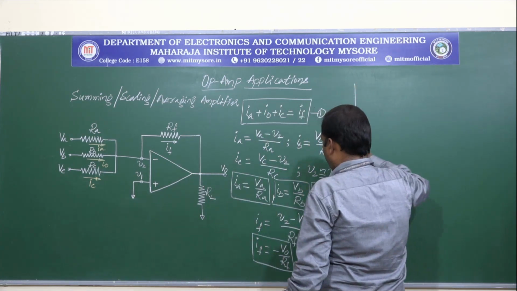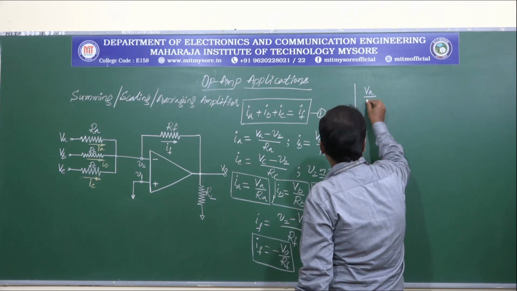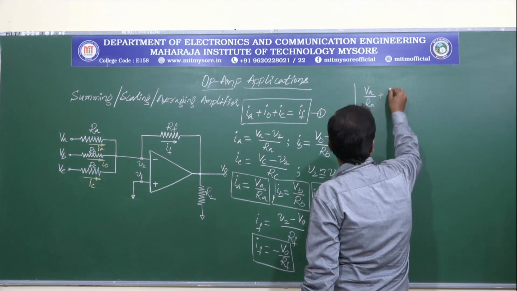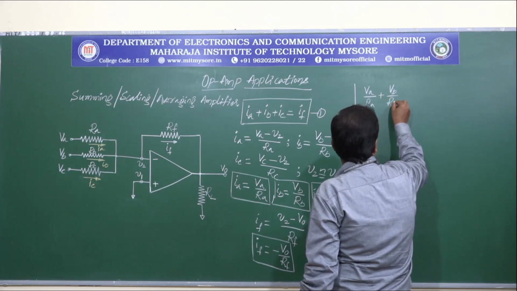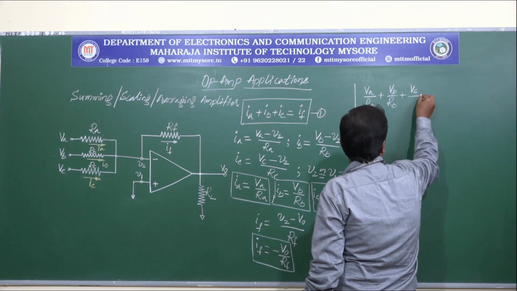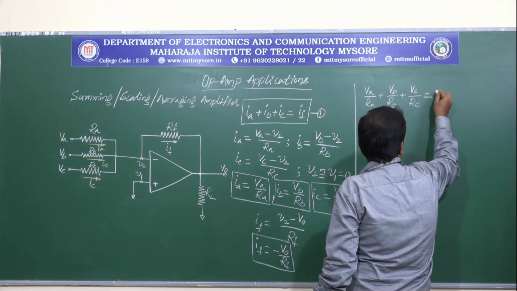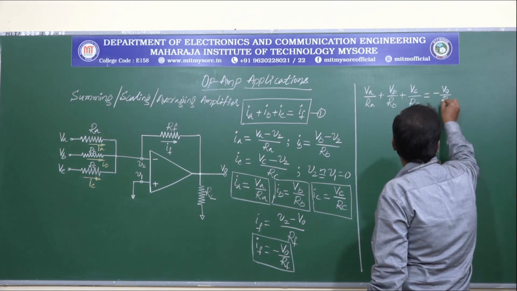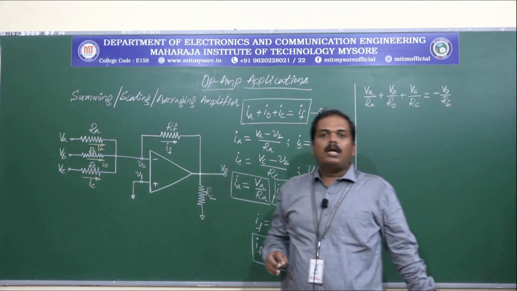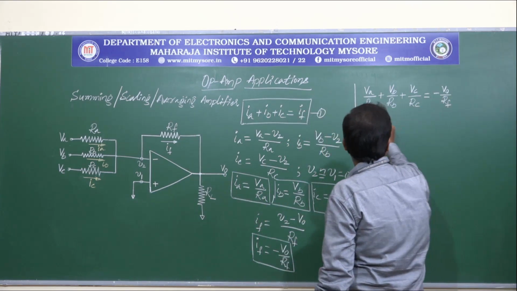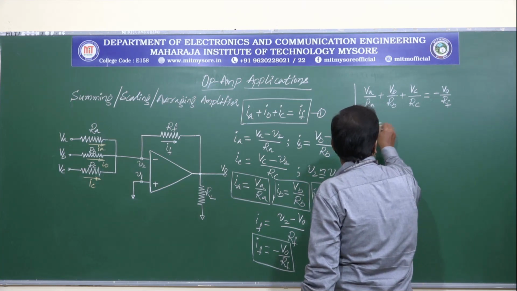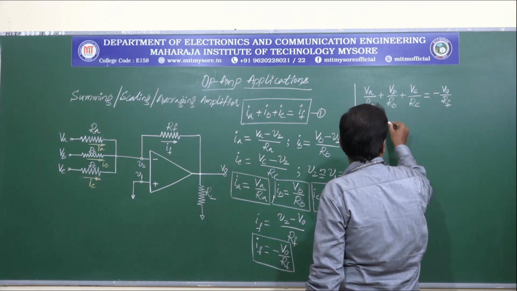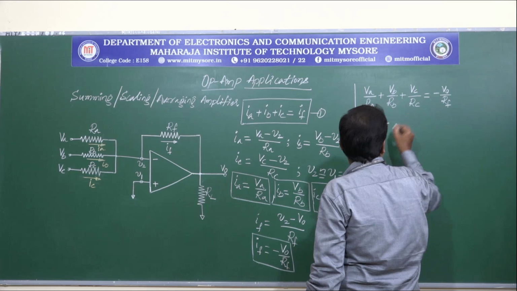So equation 1 will become VA by RA plus VB by RB plus VC by RC equals to minus V0 by RF. So now the equation for V0 can be written as, transferring this minus sign to the opposite end and also RF as well, this can be written as minus